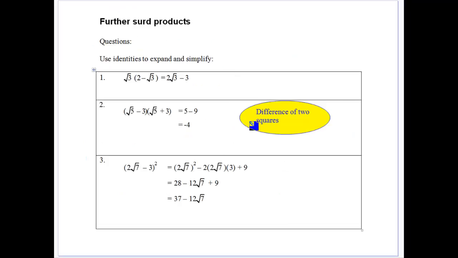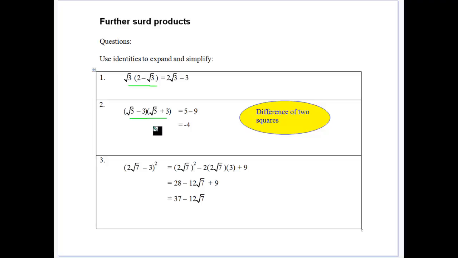So our further surd products here, expanding it out. 3 times root 2 times the root 3. Again, we follow all our rules as we've done before. 2 times root 3 times root 3 gives us the 3. Looking at this one, if you can notice it's the difference of 2 squares, and this will come up in a minute again, then it makes life easier because you get square root of 5 times square root of 5, which is 5, and 3 times 3 is 9. So it's the same thing except it's just a different sign there, which we call the